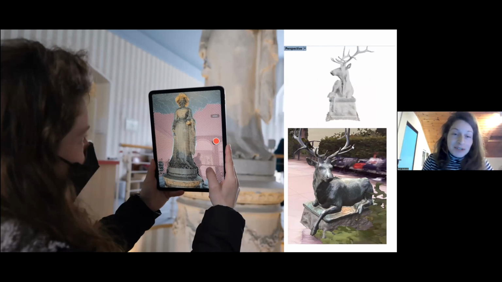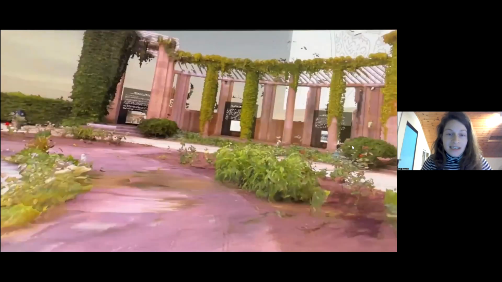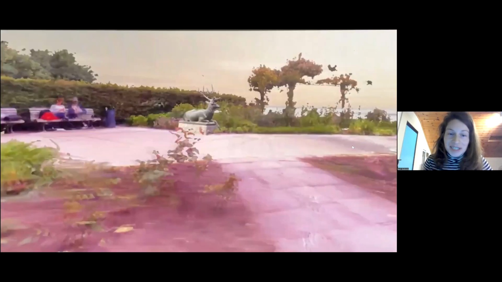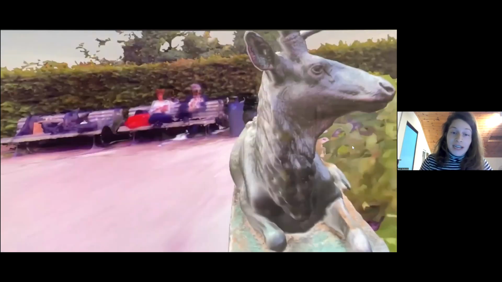So we went to different areas and rescanned the statues, for example, and the deer, and then we implemented those statues inside a virtual experience. We built our own gardens that have many years embedded inside them, and learned where things were located and relocated them in the virtual space.